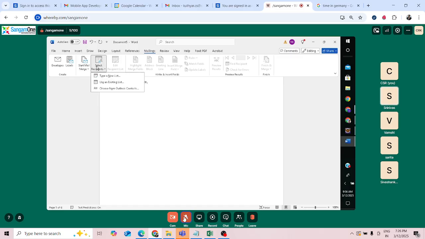Now in this you'll have three options: type a new list, use an existing list, और यूज फ्रॉम योर आउटलुक कॉन्टैक्ट्स। तीन चीज है। तो अगर आपके पास ऑलरेडी एक एक्सेल शीट है जिसमें सब नाम एंड ईमेल आईडीज है, देन यू कैन इदर यूज दैट। बिकॉज वी डोंट हैव इट, वील क्रिएट वन, वील शो यू हाउ टू क्रिएट वन लिस्ट इन द नेक्स्ट क्लास।